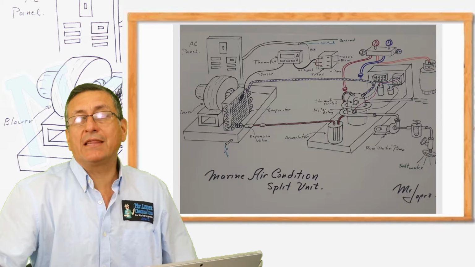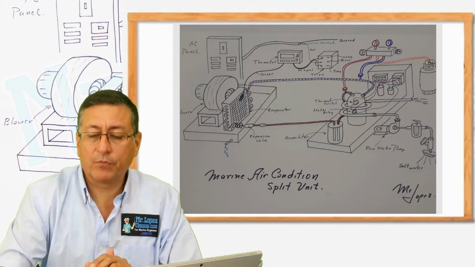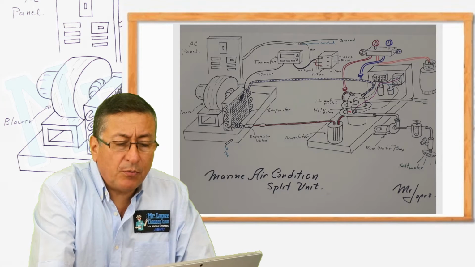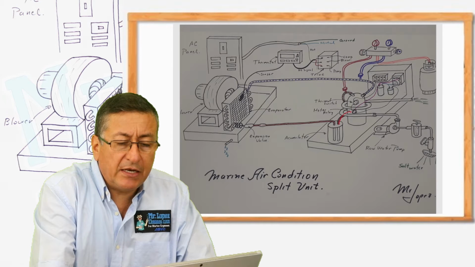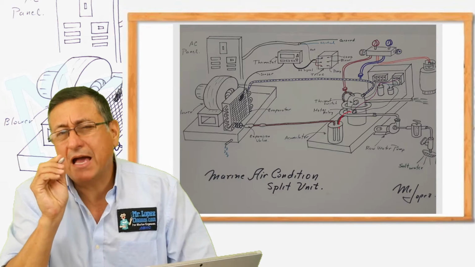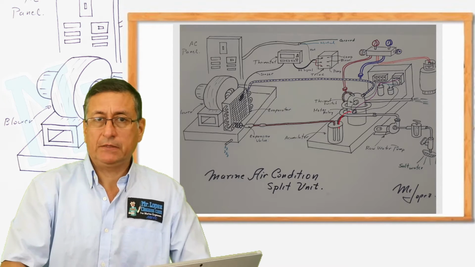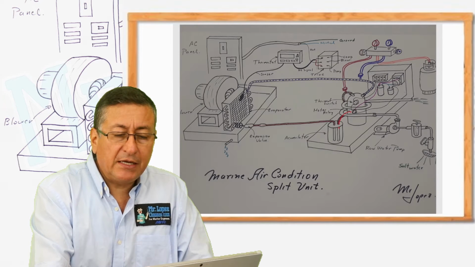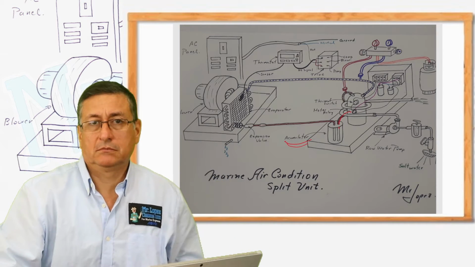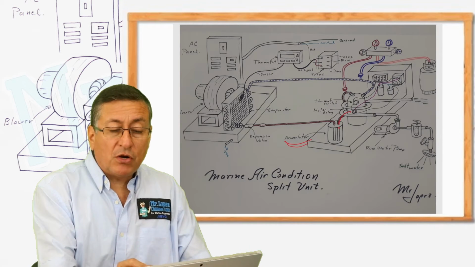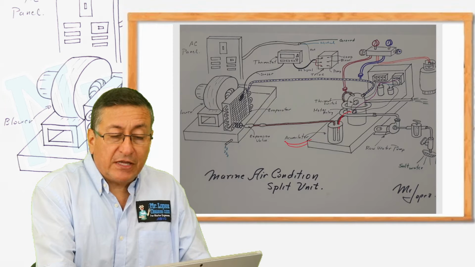Remember, my friends, that at the output of the compressor, this is the compressor, we are going to check the output here. At the output of the compressor, the refrigerant is not liquid. At the output of the compressor is vapor, supersaturated vapor, and that supersaturated vapor enters this receiver, accumulator, dryer, and inside of that element starts the process of condensation. In other words, the gas enters over there, and in the bottom internally is located